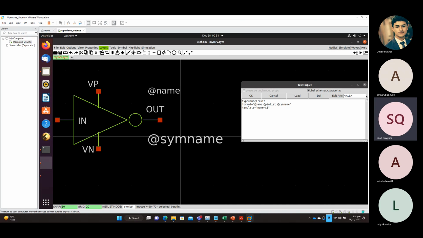Format is equal to @name, @pin list, @sim name, and then template is equal to name is equal to x1. So yeah, I think this is this most important thing कि आपके पास जो स्पाइस में वो क्रिएट करेगा तो वो @name x1, ठीक है. उसके बाद पिन लिस्ट आपकी आ जाएगी और उसके बाद आपके पास सिंबल नेम